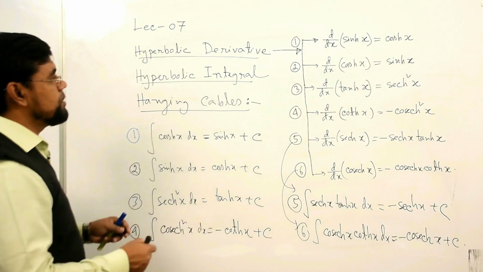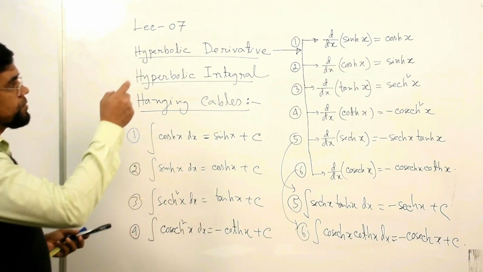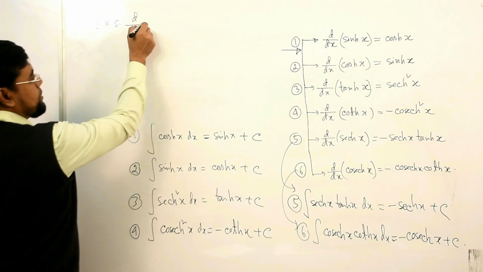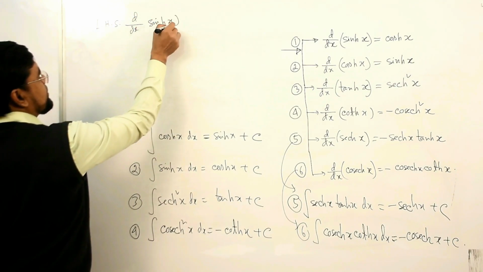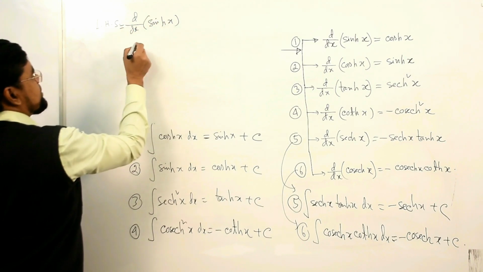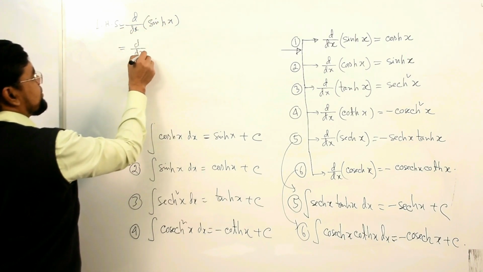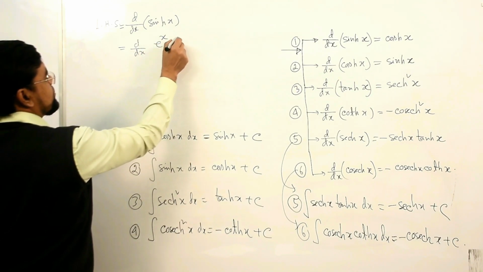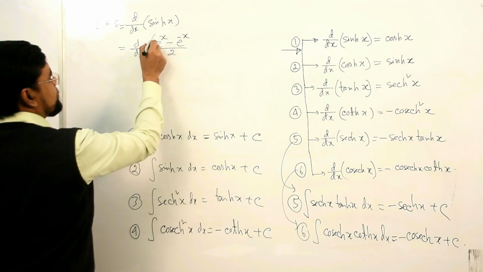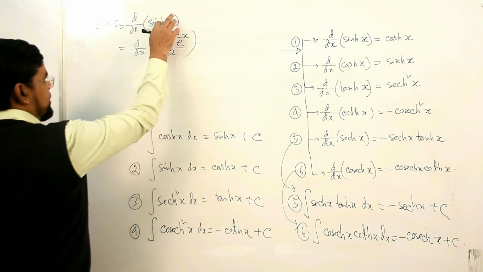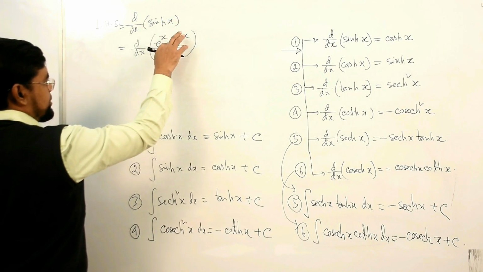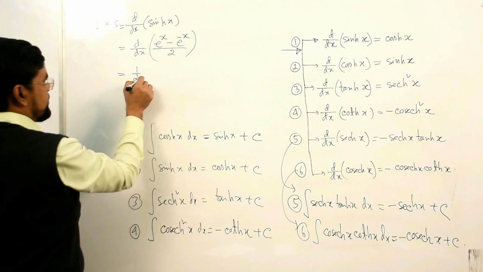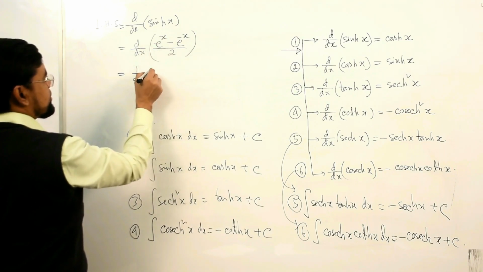And you can prove these formulas. Let us try to prove the first one. Left hand side, the derivative of sine hyperbolic x is equal to the derivative of e to the power x minus e to the power minus x, divided by 2. We know by definition sine hyperbolic x equals e to the power x minus e to the power minus x by 2, which is equal to half the derivative of e to the power x